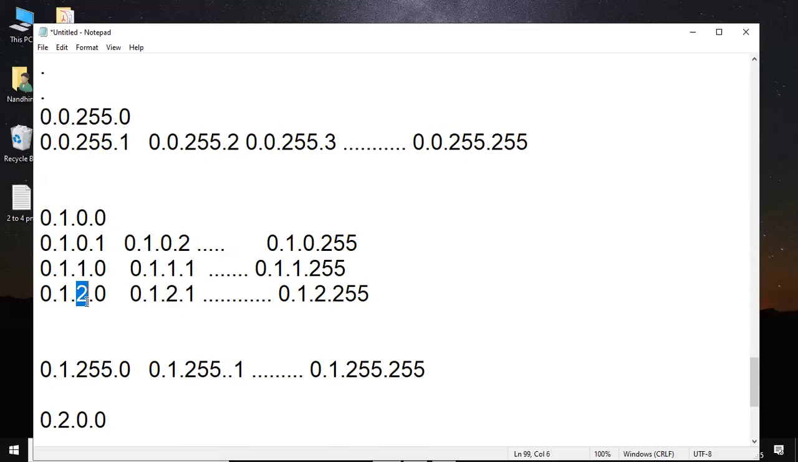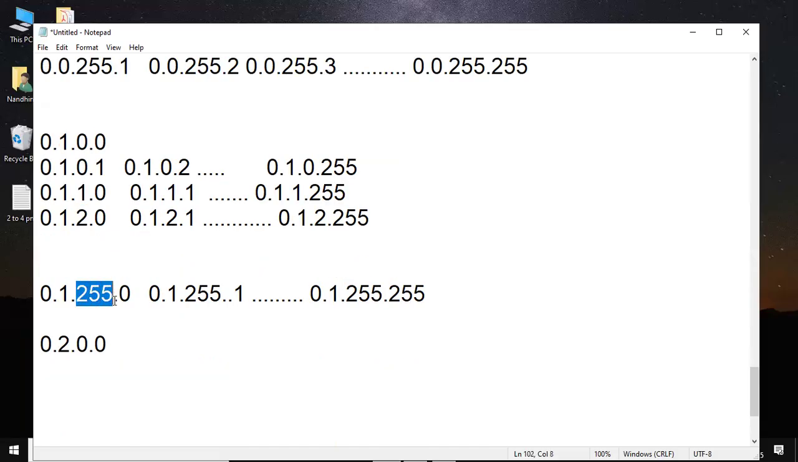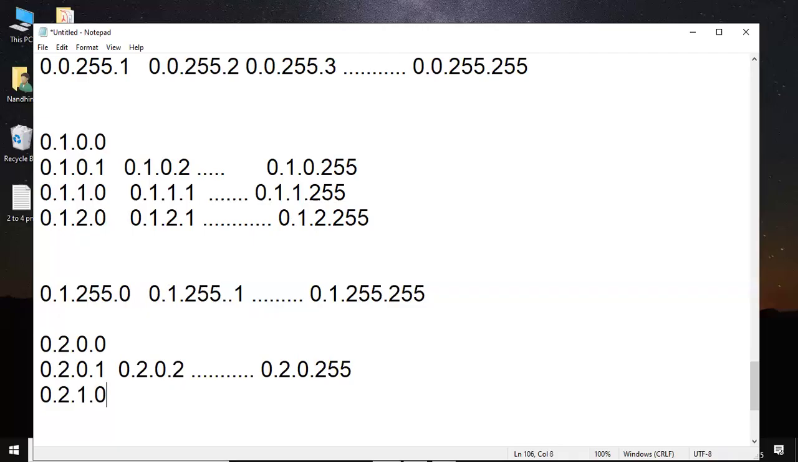So likewise, I'm keep on changing the third bit. Where the third bit will exhausted? At 255.0. I'm going till 255.255. Now, these two octets are exhausted, but this is still in place. So I'm changing to 2.0.0. Again, how it will change? 0.2.0.1, 0.2.0.2. Likewise, it will go till, okay. And then what will happen? 0.2.1.0. 0.2.1.1. And it will go till